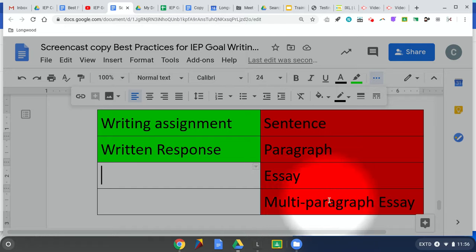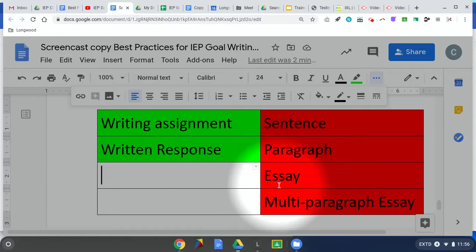Whereas if I wrote the goal as a writing assignment, let's say, to cite supporting evidence and cite textual evidence in their writing to support an argument or a claim. If I say writing assignment, that assignment could be a few sentences, a paragraph, a whole essay, and I can derive that progress monitoring data from any one of those examples of student work.